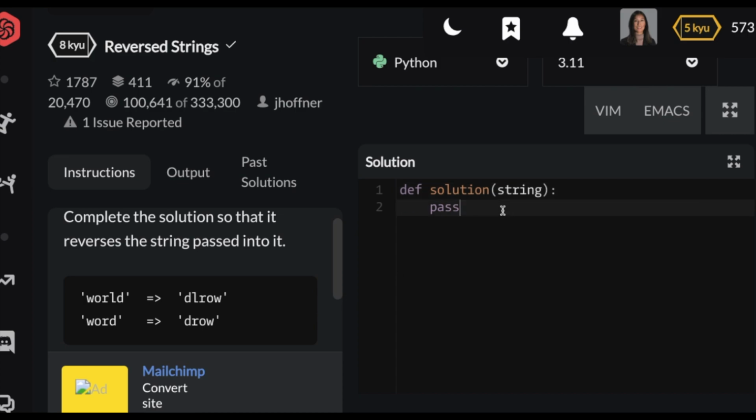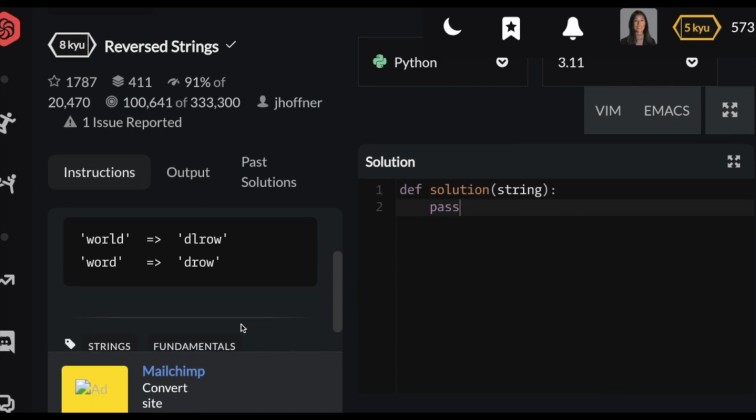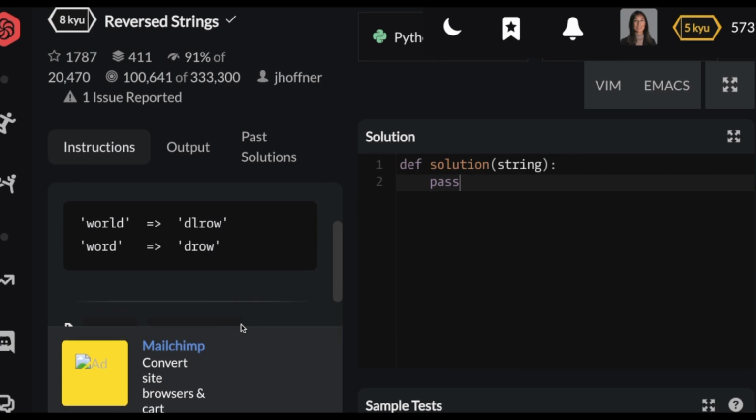I think this problem is really important. I'm going to be introducing a thing called splicing. I think this is just something you have to commit to memory. I use splicing so much, but before we get to that, I'm going to show you the non-fancy way of